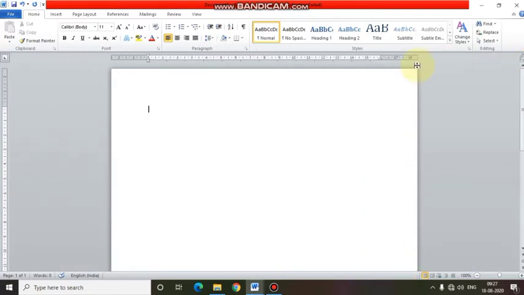Next topic given in your book is inserting a picture from a file. You can also insert any picture from your computer which you want, or from any external storage device, or you can also download any picture from the internet and insert it in your document. So on page number 50, the first step for inserting a picture is